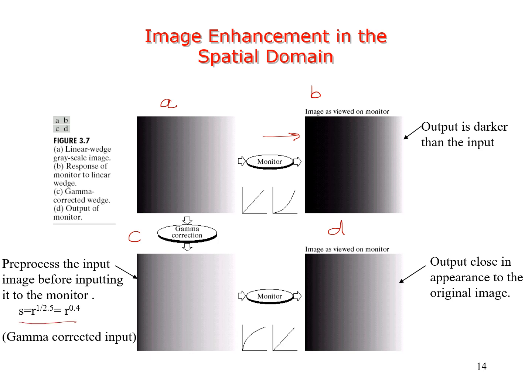We are applying this: S, the output gray level value, is equal to the input gray level value raised to 1 upon 2.5. Why 2.5? Because 2.5 is a factor which is common to all the display devices. So the input image becomes brighter than the original input image, and when you give it to the monitor, whatever output you get is close to the original image. So image A and image D are the same. This is the input image which we wanted to display, and this is what we got on the monitor after the gamma correction, which is similar to A.